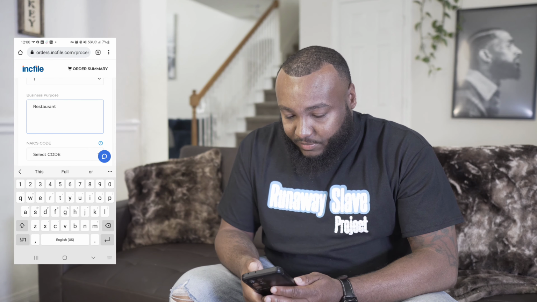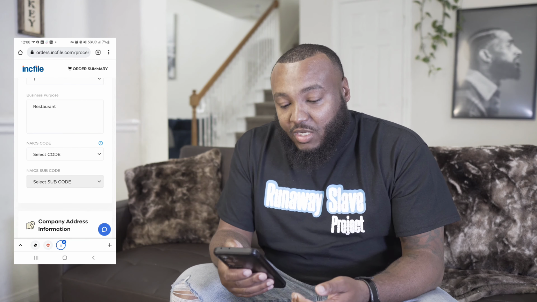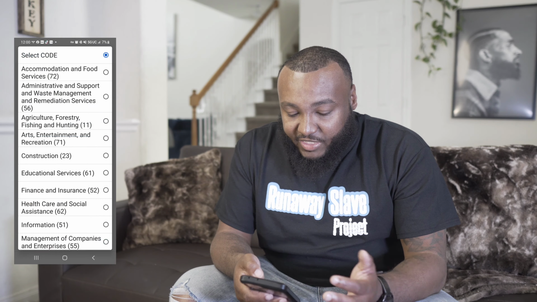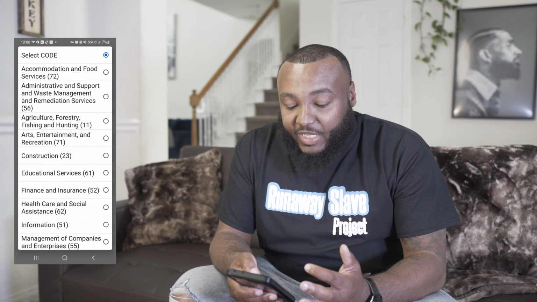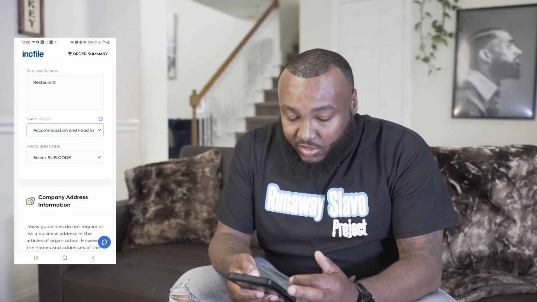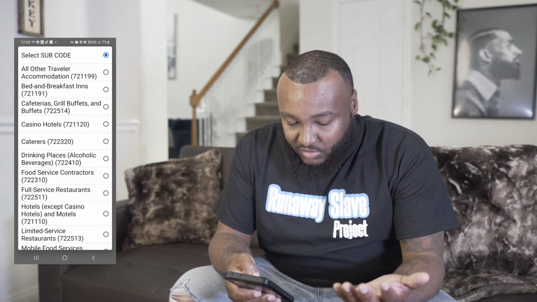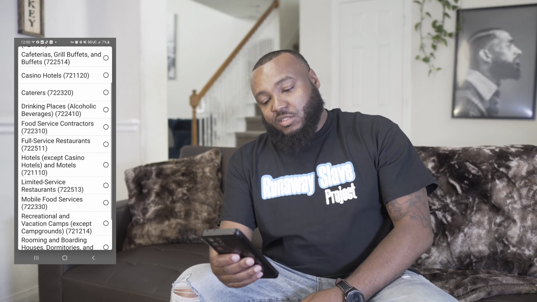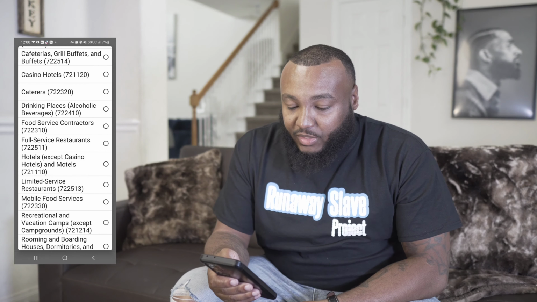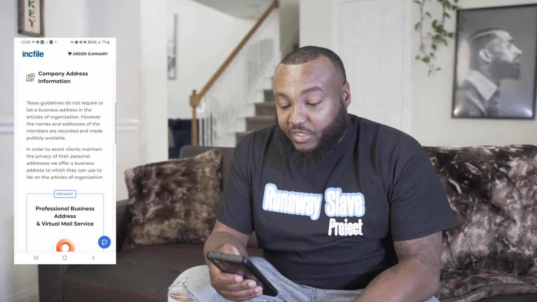Select. Wait, let me see. Oh, so this is like another category code. Category code for this one, we're going to select 72, which is food services. And they're going to ask you to select a subcode. And we are going to do food, and let's say mobile food services. Okay. All right, so we're going to keep going down, and it's going to ask you for the company address